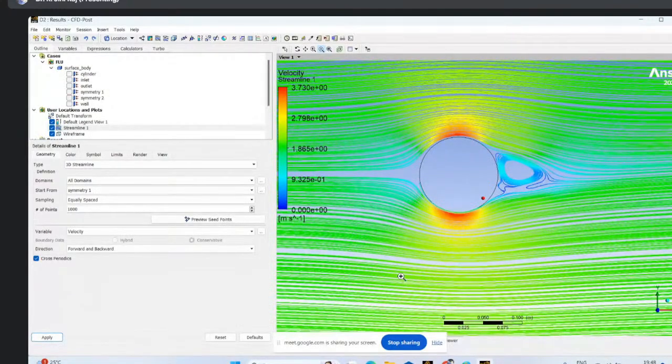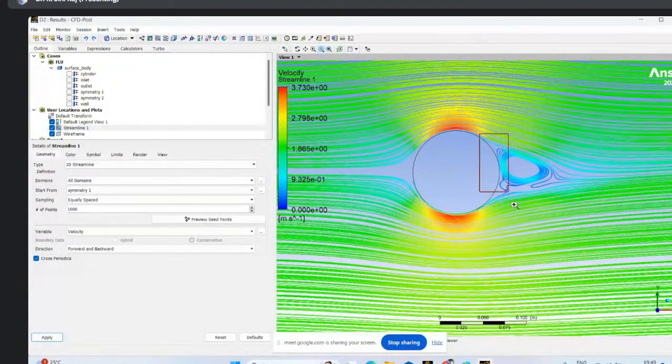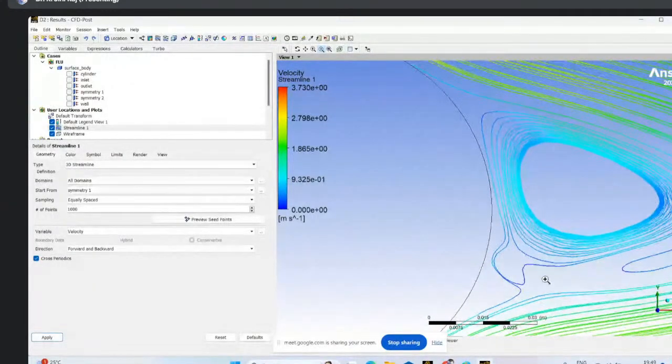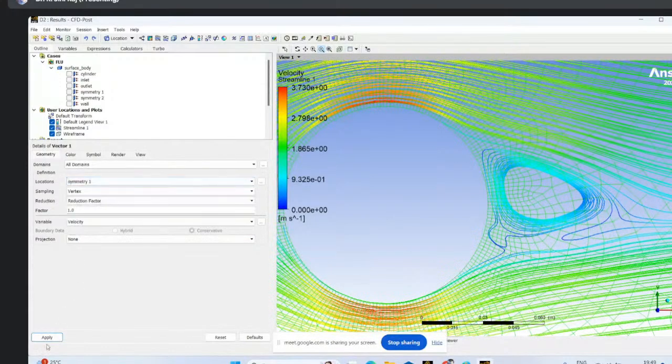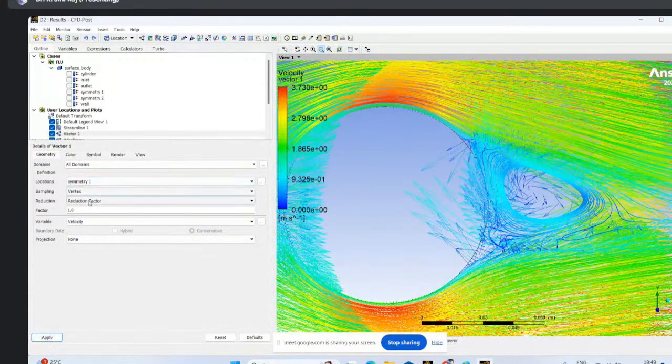So I told you, right, there are vortices behind the cylinder. You can see how nicely the vortices are formed for a particular velocity in water, because here we are not giving any rotation; we are only seeing how the back vortices are formed. So if I want to see it in vector form, again click on vector, location symmetry one, apply. Here you can change the maximum number of points, or else like,